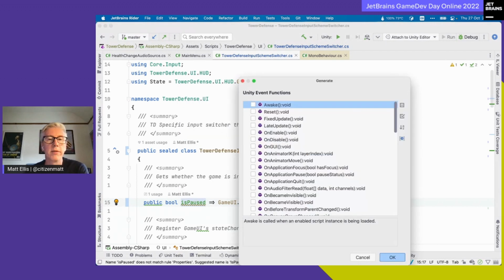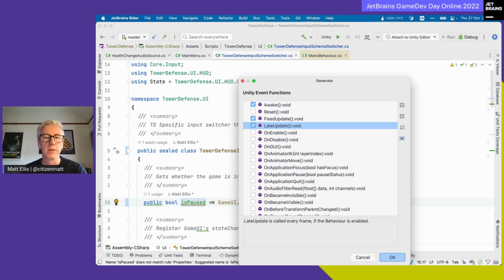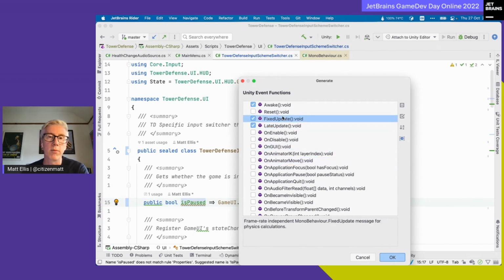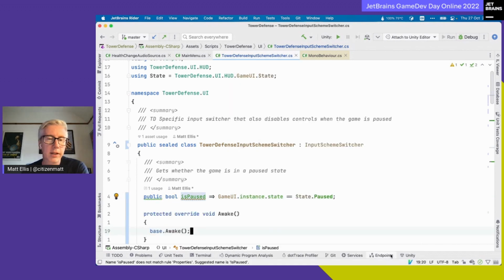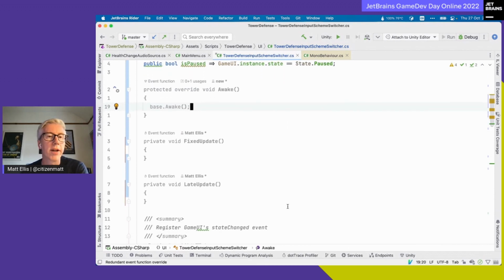So this is really useful if you've got a MonoBehaviour and you want to be able to generate code. You can then pick and choose whichever ones you want to select. You can see there's some documentation down the bottom there as well, a little summary of what the method does. Select those, and it will very quickly generate that code for you. So we can do that nice and quickly, get you up and running, take away some of the boilerplate